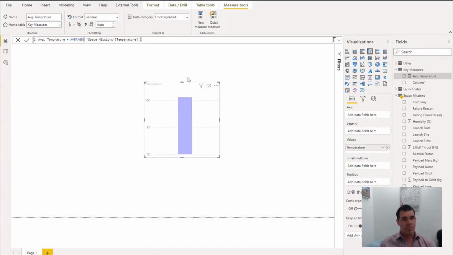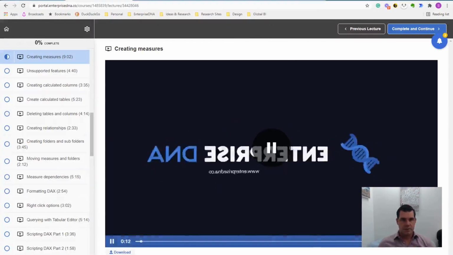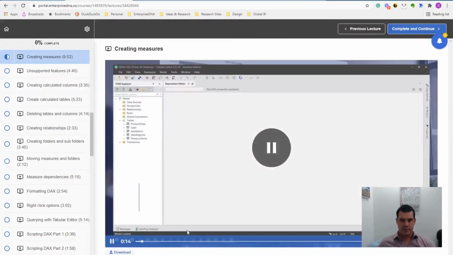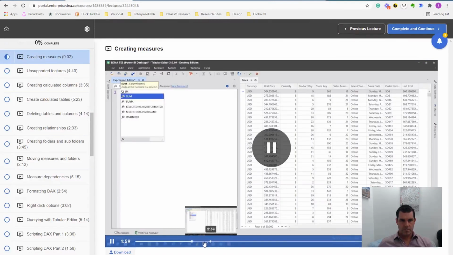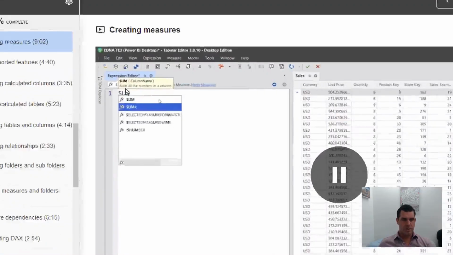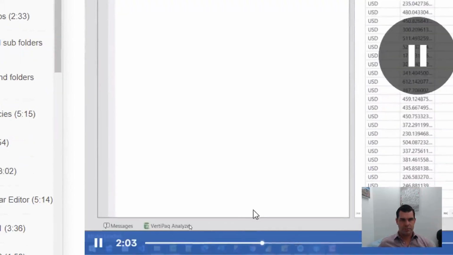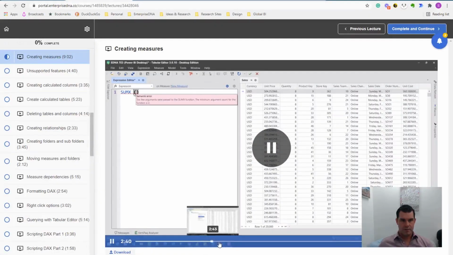And just the interface, the UI that you can write them, is that you can literally do them all in one sheet, and then push apply, and then they'll apply all your different measures inside of here. So I'm just going to see if I can actually show what this actually looks like to you. So you see here that it's just a slightly different UI, but you can actually write multiple of these things, like one after the other,